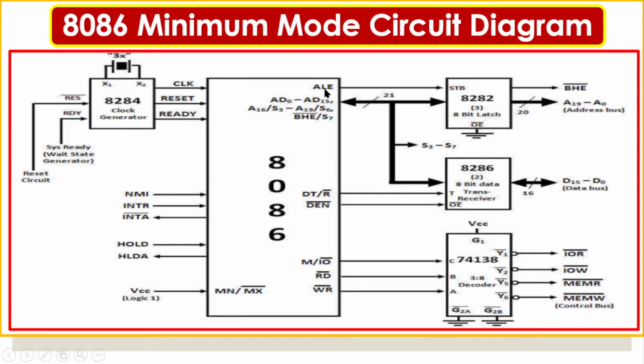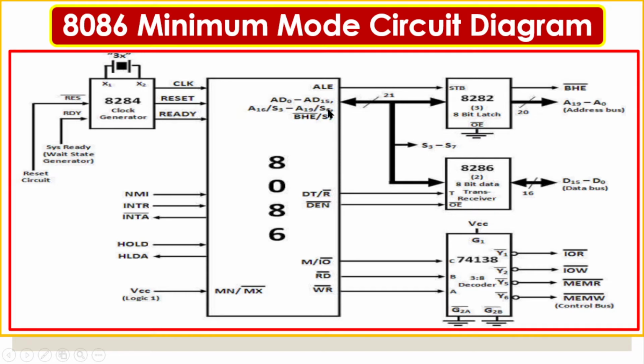As you know, the 8086 microprocessor is a 16-bit microprocessor. It has 20 address lines and 16 data lines. But the address and data lines are multiplexed here. Look at AD0 to AD15. The same pin will act as address A0 as well as D0. The same way up to 15 also, A15, D15. Both are on a single pin of the microprocessor.